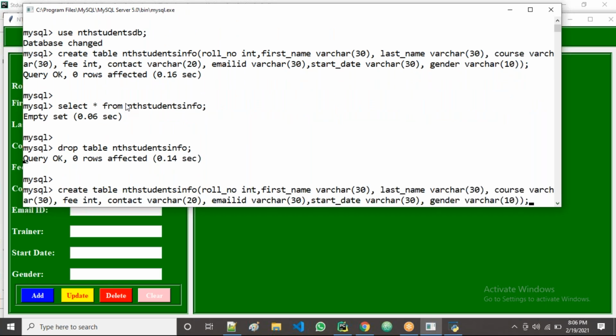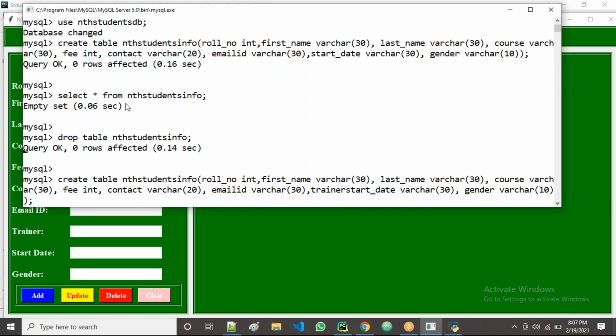Now I'm creating the table. After email, I'll take the trainer name. Only trainer, varchar of 30, guys. And the contact number, we have to take this one too. I'll take varchar here also, guys. Let's take varchar for all.